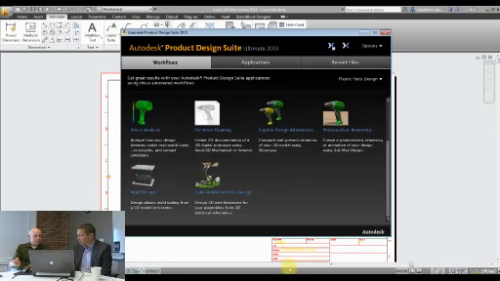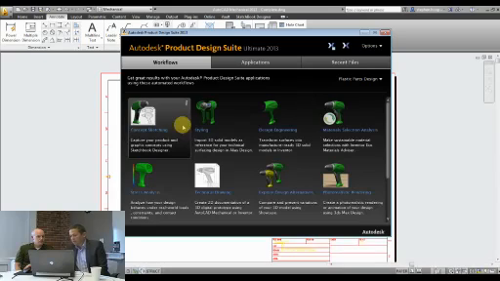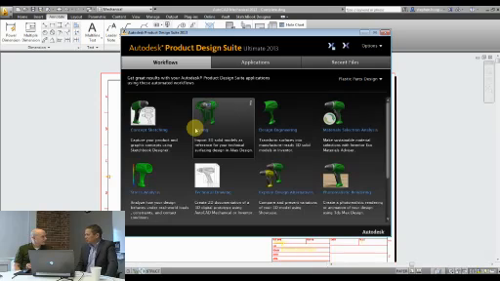Well, actually, let's take that as an example. So if we designed the Launchpad to kind of work top to bottom, left to right, you'd probably start with a conceptual sketch. So we have paint programs as part of Product Design Suite to enable an artist to do some artist impressions of what this product would look like. Next, you might want to do some styling. So there's a freeform surface tool called Alias that's part of the suite. Again, we would guide you through the process of creating the surface models. It's actually technology that people like Apple use.